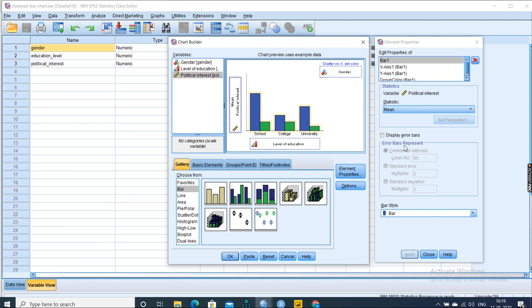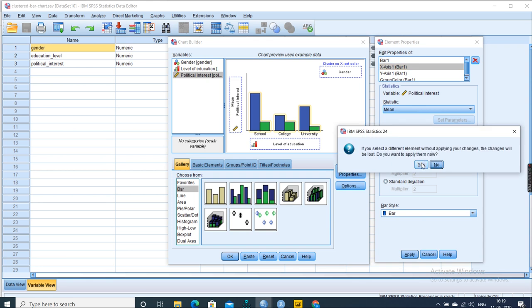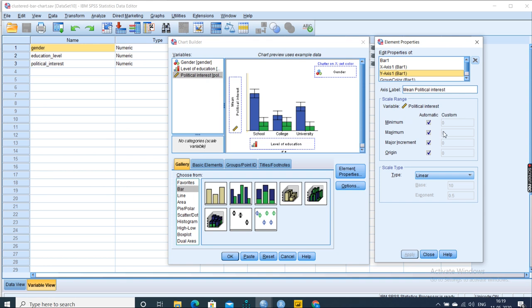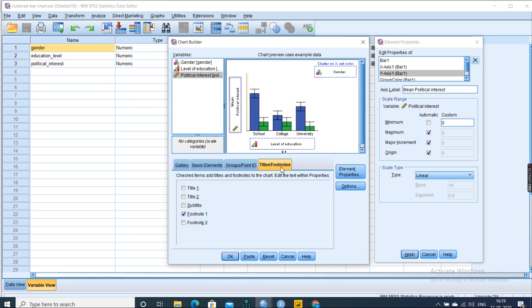Under bar we can make it display the error bars, and with respect to Y we can remove this, and click apply.